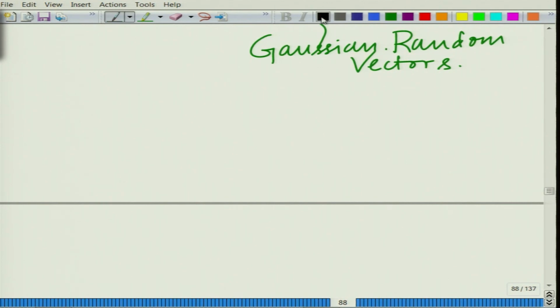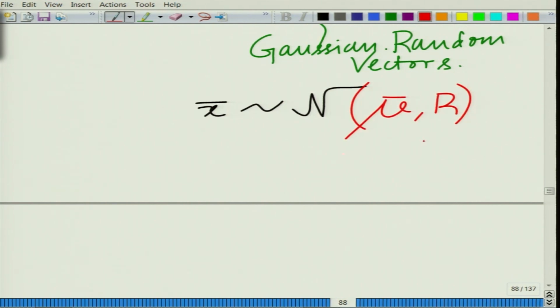What we mean by this is the following. If x bar is Gaussian, remember this is normal, this is the notation we are using for Gaussian, with mean mu bar, covariance R, that is what we are saying is expected value of x bar equals mu bar